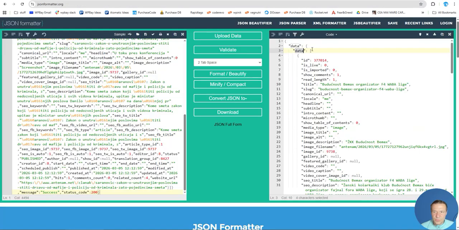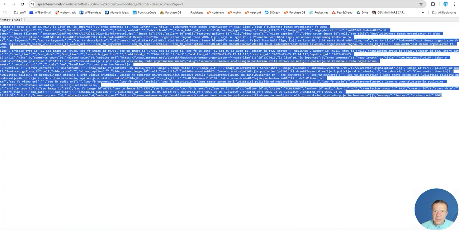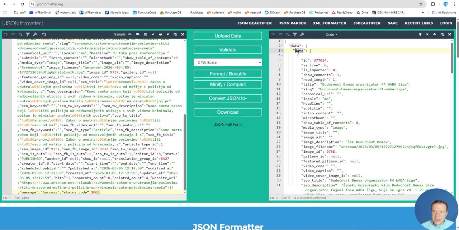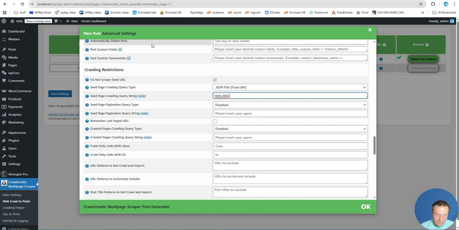This means that we get this data, once again data, and if you check the second data, it has a bracket. This means that the data includes an array of items once again, and in case the array of items is found, just write like this